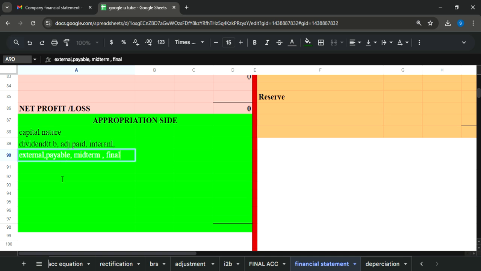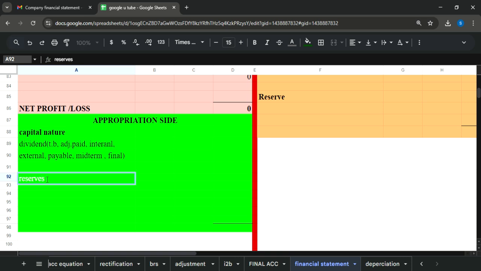No matter what the type of dividend, that would be written and recorded on the appropriation side. I'm sure you have noted the very first thing, which is an expense of capital nature: that would be dividend. The second part which you will note would be all reserves. But what reserves? Reserves which are present in adjustment only,